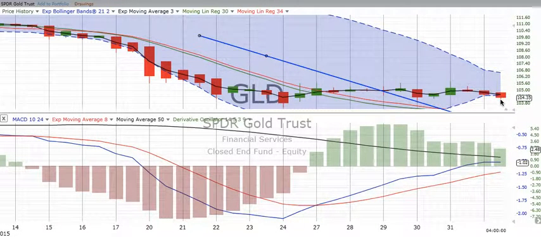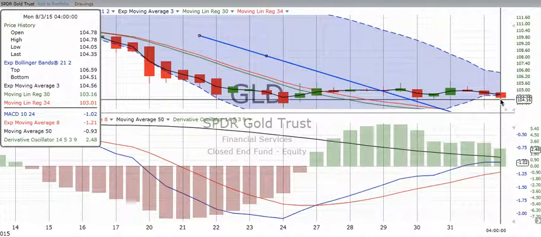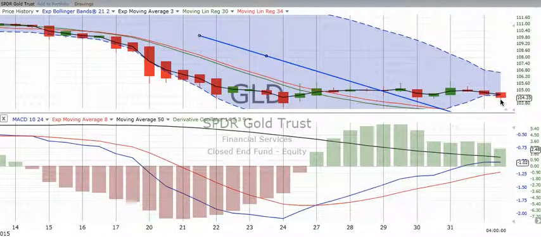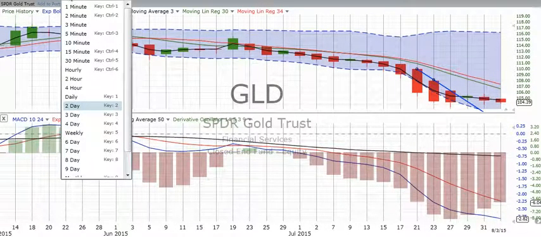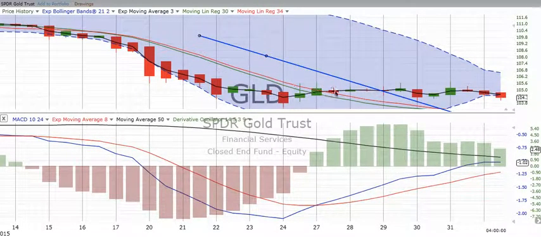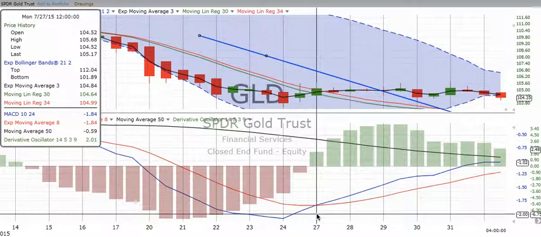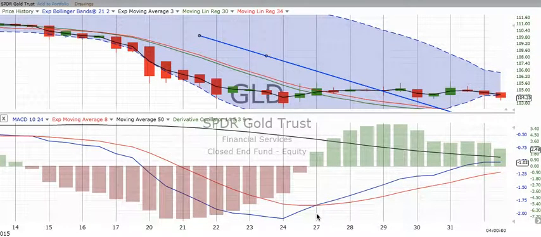Where did gold end up ending the day on Monday? It ended around 104.10. Now, what do we learn from what gold's doing? Well, we know it's in a strong down move on the two-day chart. We can see where it sort of bottomed out on the 27th and then has not really gone below that, has slipped sideways. So what's gold doing? It could be setting up for an up move, but it could get ready for another down move. It crossed over on our 4-hour chart going up on the 27th,